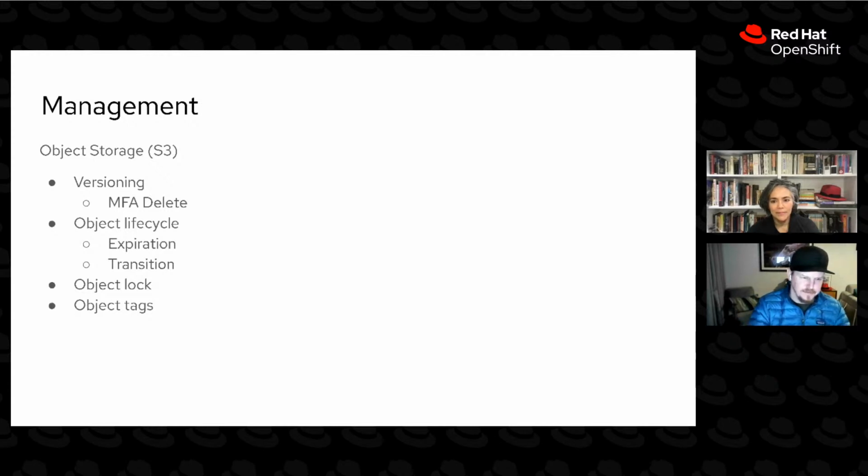Other useful things are like expiration and transition. So if you have some data that needs to expire after 30 days or something, instead of having to go back and keep track of how old stuff is, this thing can do it for you and say, okay, after 3 days, after 60 days, I want you to delete this data. It's actually really handy for things like